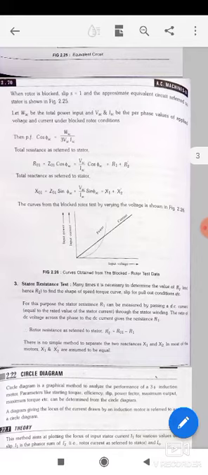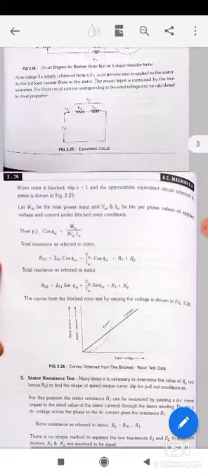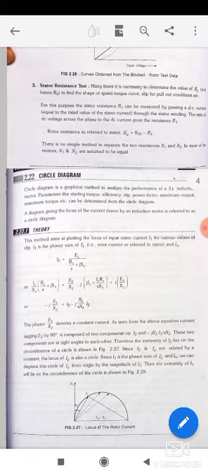X1 and X2 cannot be separated from this test, because there is no simple method. Generally X1 and X2 are considered to be equal. So these are the no load test and blocked rotor test. From this data we can construct a circle diagram for the induction motor. The circle diagram is a graphical method to determine the efficiency, torque, power factor, maximum output, maximum torque, almost anything from the graph. Without actually loading the motor, we will estimate the performance.